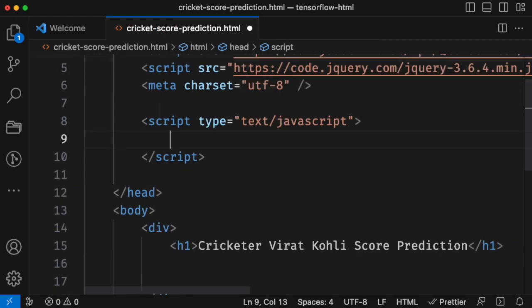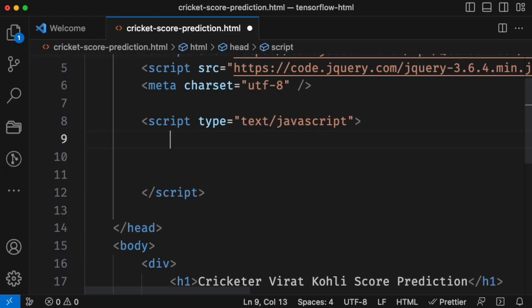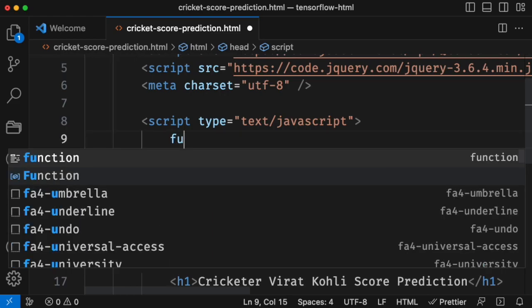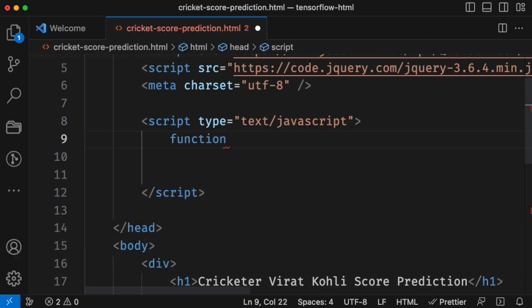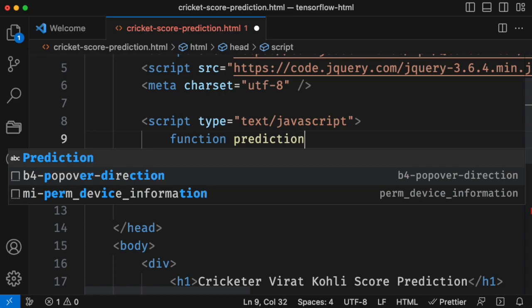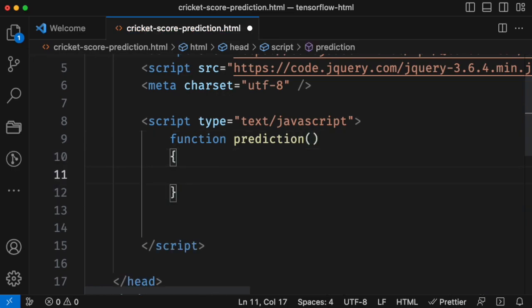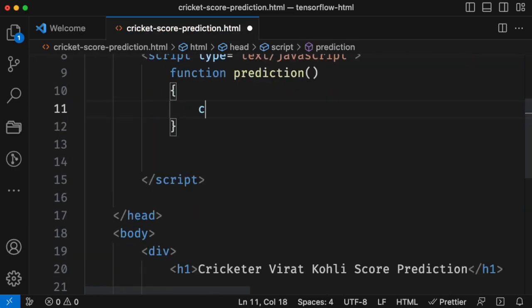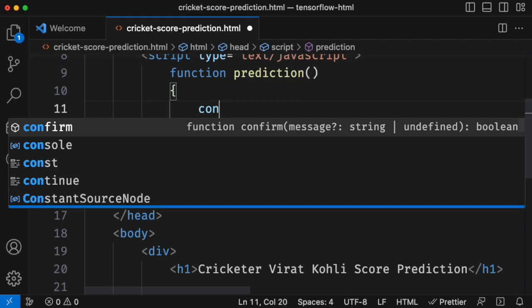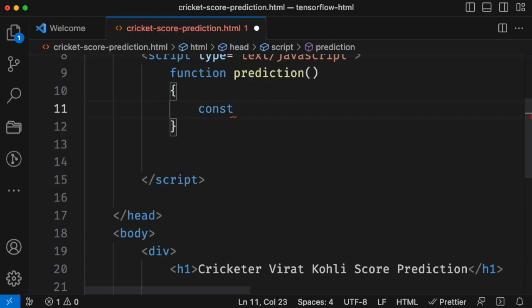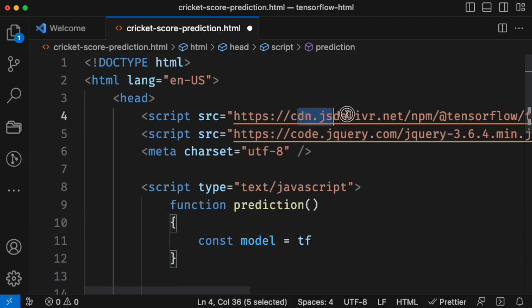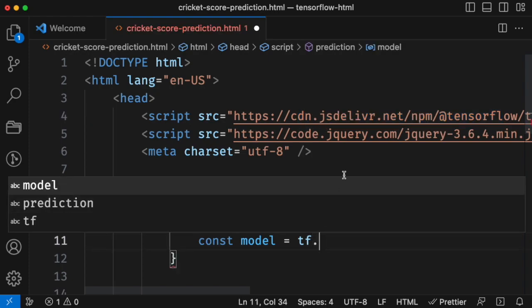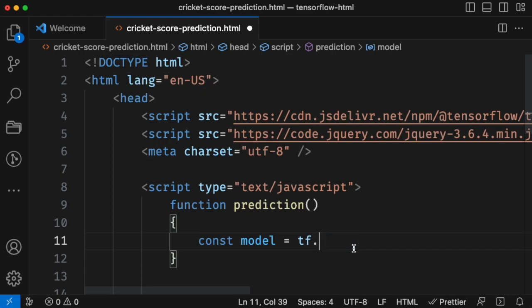Okay, just close, and as usual just start with some function, I would say prediction, right? So we are going to create the TensorFlow model. I'm using the const variable, the model equal to TF. So the TF is really coming from this particular TensorFlow. All right, TensorFlow.c. There are two types of